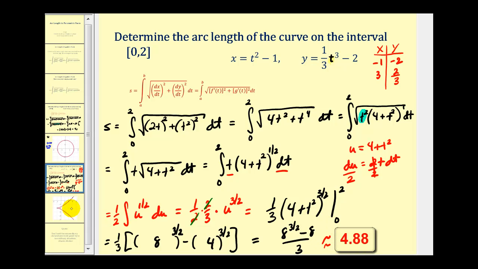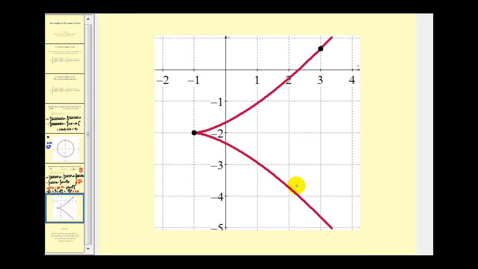Let's go and take a look at the graph. So when t is equal to 0, here's our point (-1, -2). And when t is equal to 2, here's our point (3, 2/3). So the distance along the curve from this point to this point would be the arc length, which we found to be